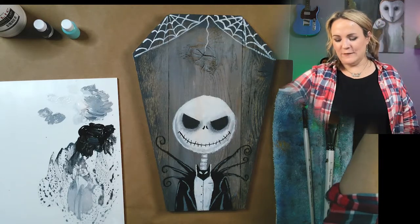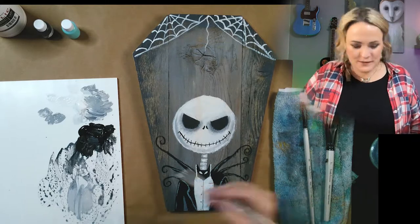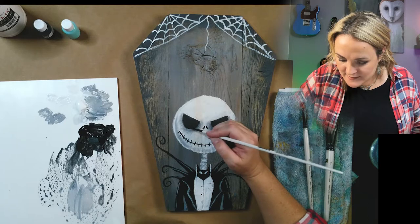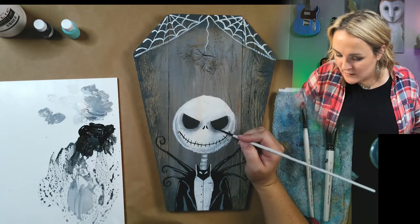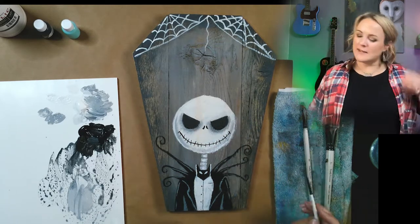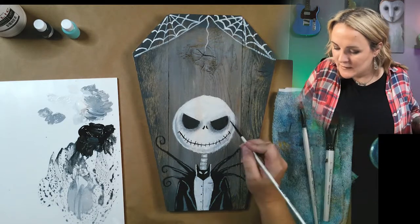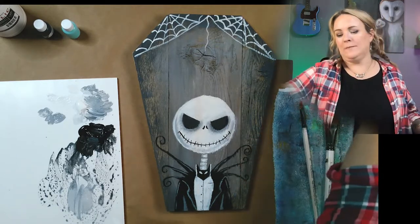Yay! Jack is officially done. Unless you feel like you need to go back and clean up any area like around the eyes. I see a couple spots where my gray shading kind of overlaps the eye, but it's actually not super noticeable. So I'm going to let it be. Okay,